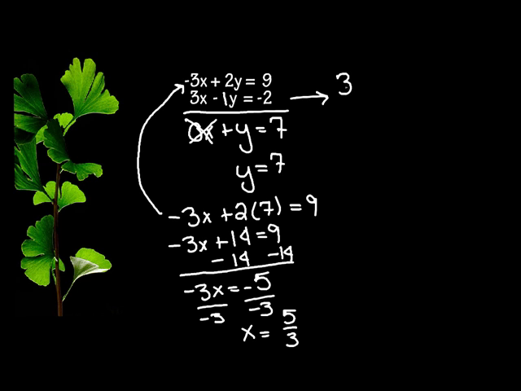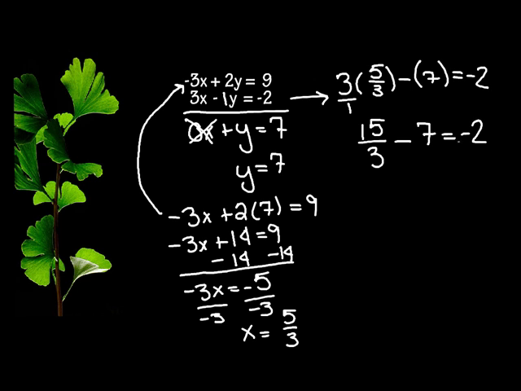So I'm going to take 3 times x, which happens to be 5/3, minus y, which happens to be 7, and hopefully that'll equal -2 if we did it right. 3 is over 1. When I multiply fractions, I multiply straight across. So 3 times 5 is 15, and 1 times 3 is 3, minus 7 should equal -2. Well, 15 divided by 3 is 5, and so 5 minus 7 does indeed equal -2,